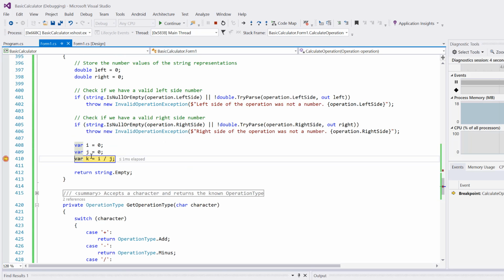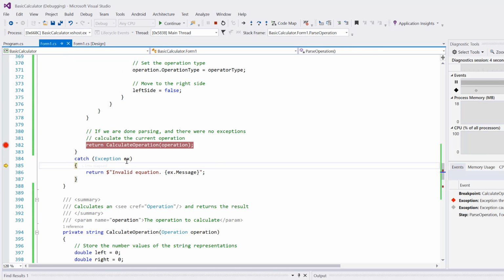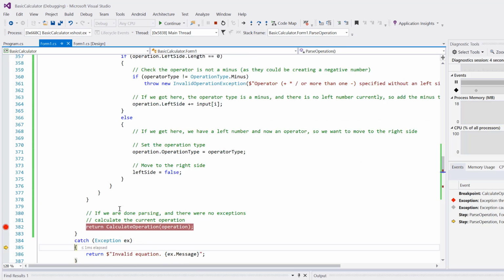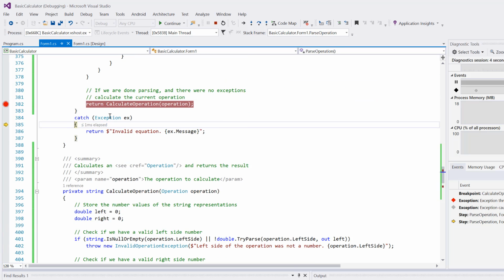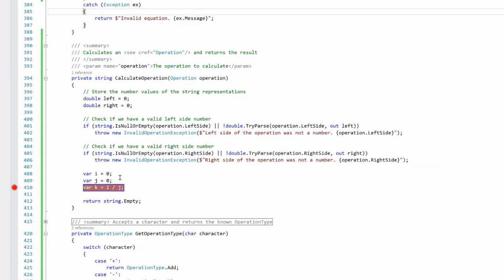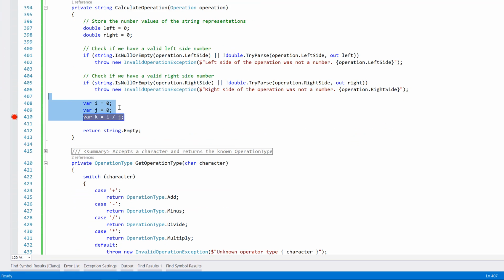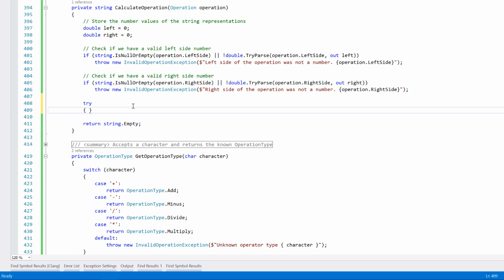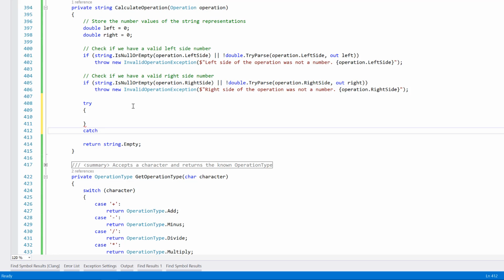So here we're about to attempt to divide 0 by 0, and look, it crashed and bubbled up. But nicely, our program won't crash, you see here, because we've already got the exception caught. So it's already going to output "invalid equation, attempted to divide by 0", which is something that the system threw an exception of. Now this is okay, except it doesn't really tell the user where this happened. This is just saying invalid equation, attempted to divide by 0, at what point, where, what failed. So instead of just crashing, if we do an invalid calculation, we want to do another try catch inside this function, just so that we can pass back a more explicit message